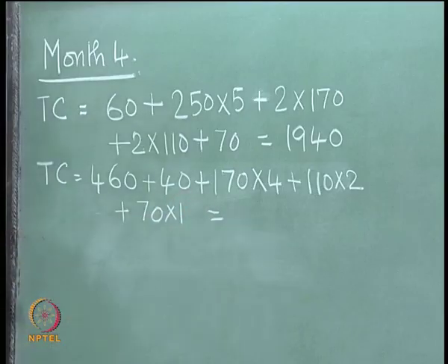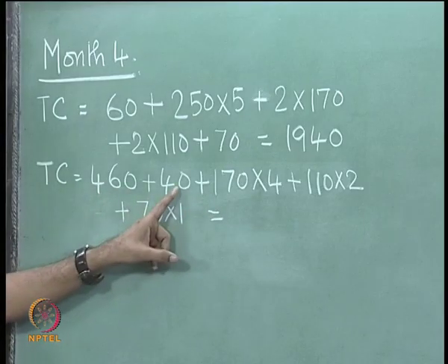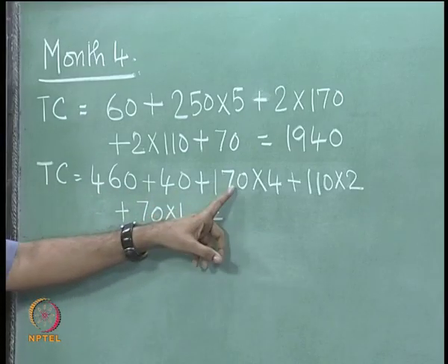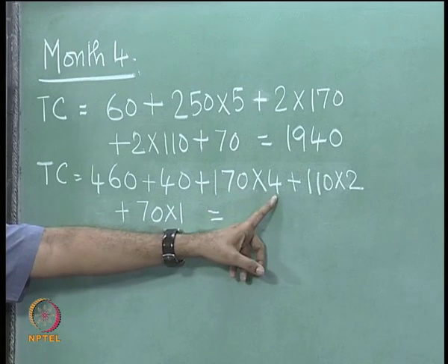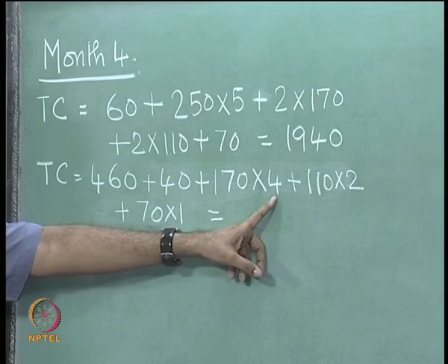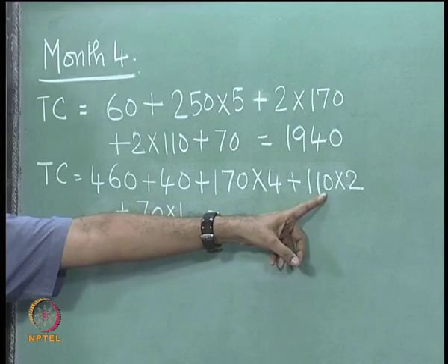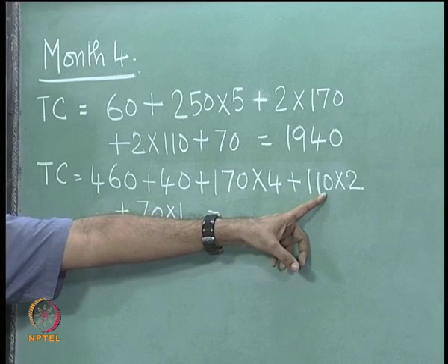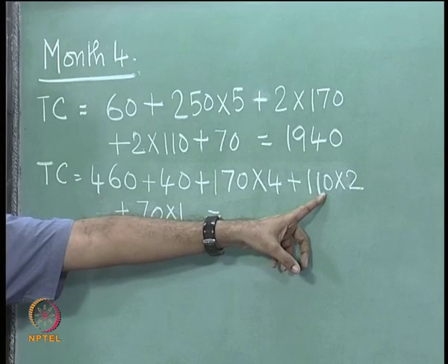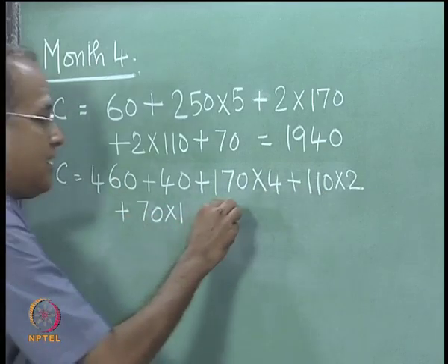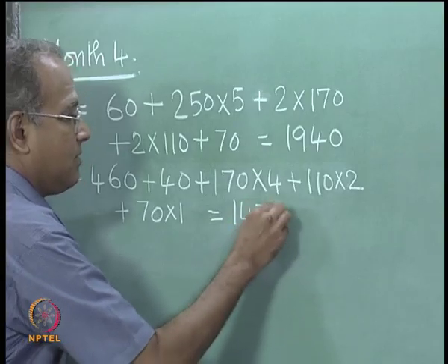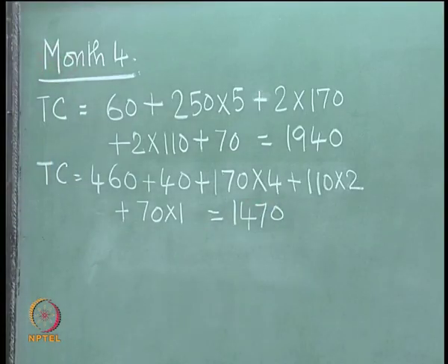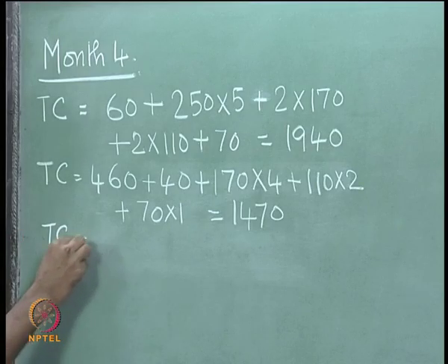Now, the total is 460 plus 40 is 500, 500 plus 680 is 1180, 1180 plus 220 is 1400, 1470. That is the total cost associated with this. Now, in the third way of calculating it,